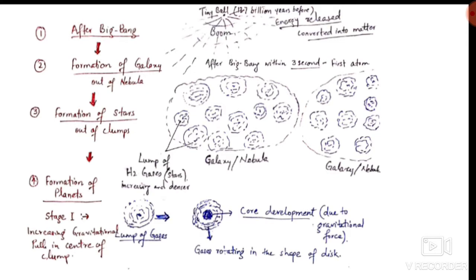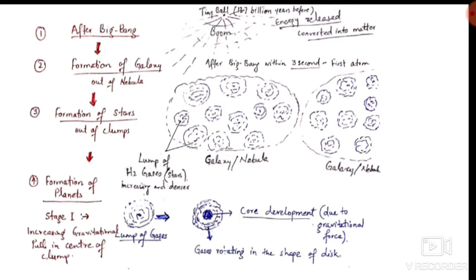Our solar system lies in the galaxy named Milky Way, and it is spread over vast distances which are measured in light years. What is a light year? A light year is a measurement of the distance between different heavenly bodies. Light travels at the speed of 3 lakh kilometer per second, and the light year comprises a distance